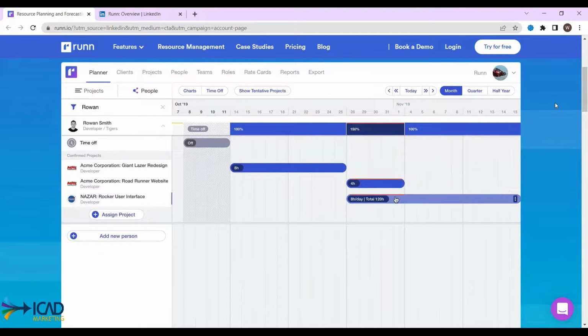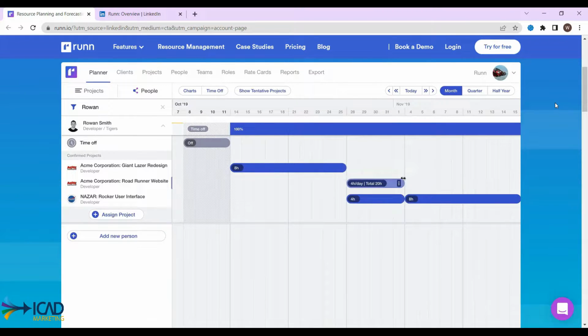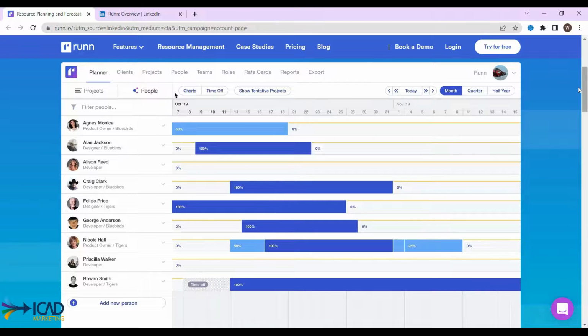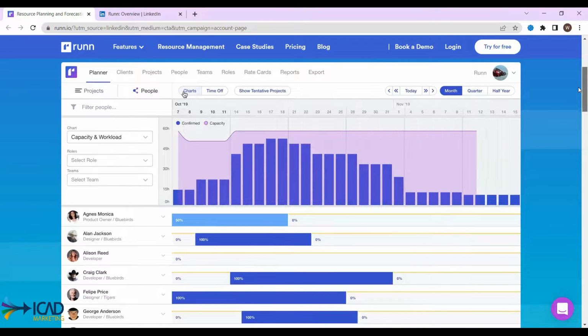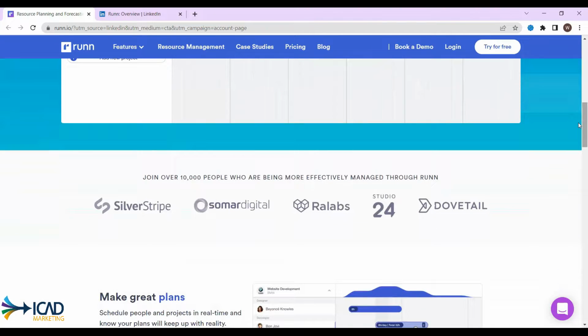So don't assume that everyone who comes to your website, you give them a few lines in terms of your positioning, messaging, your value prop, and then just expect them to book a meeting when they have absolutely no idea what your platform is or what it does or how it can benefit them. So kudos to Run for that.